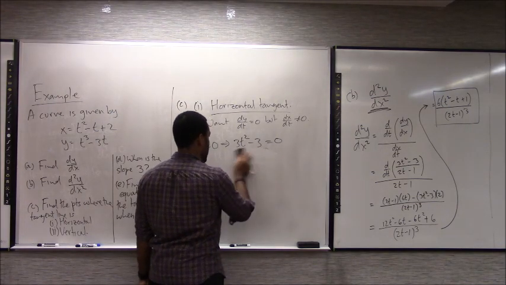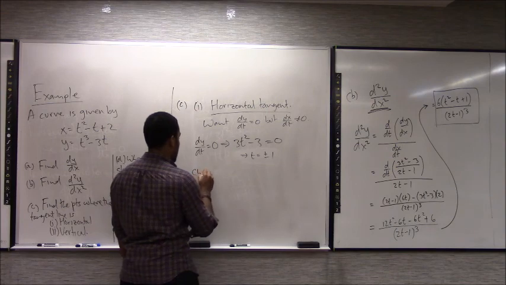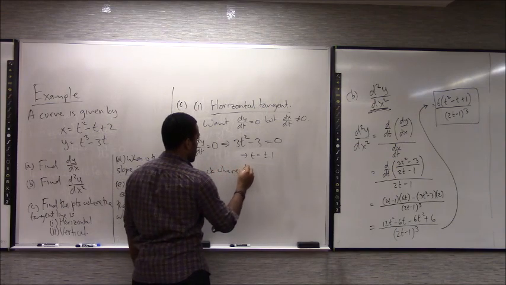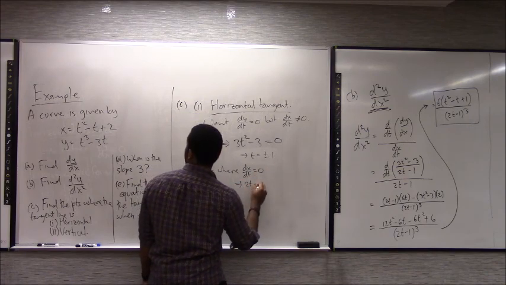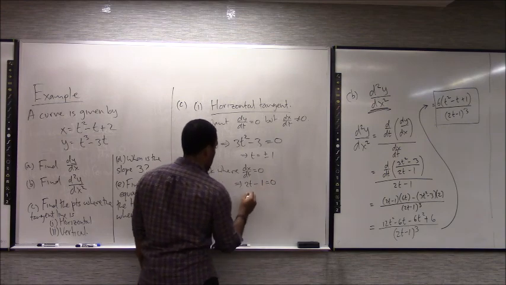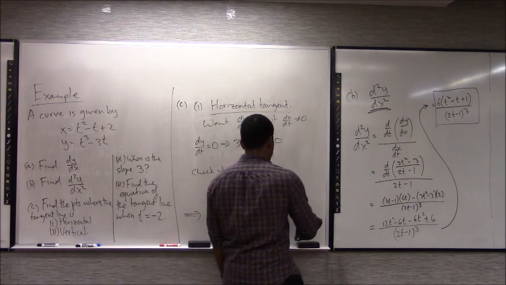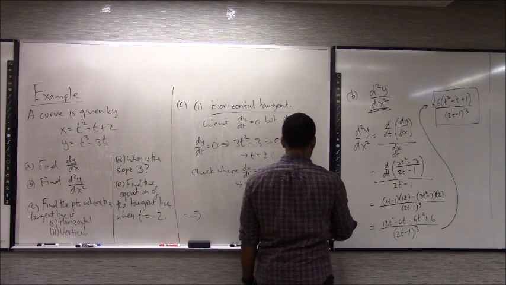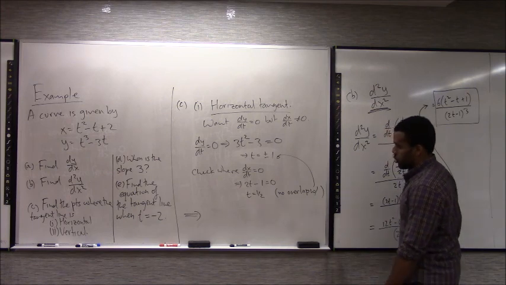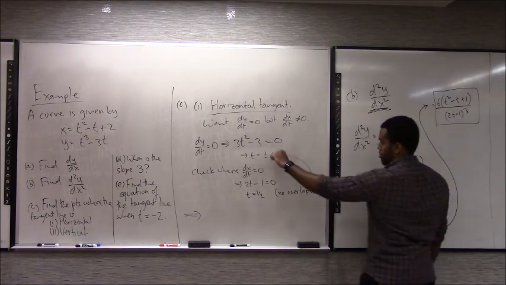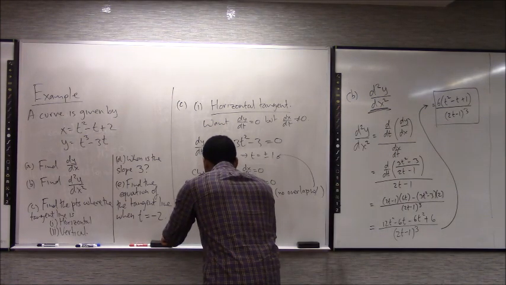But don't highlight that yet. Let's actually check where dx/dt equals 0. This means 2t minus 1 equals 0. This implies t equals 1/2. So, therefore, there's no overlap with that, because dy/dt is going to be 0 at plus or minus 1, and our dx/dt is equal to 0 at 1/2. We don't have anything coinciding here. So we have a horizontal tangent line